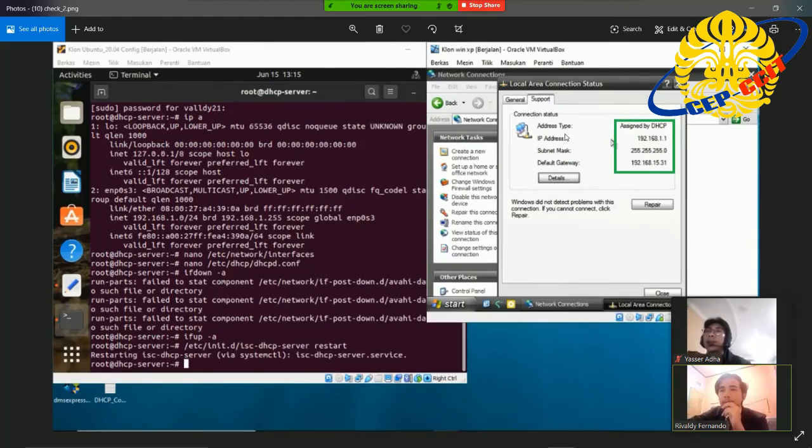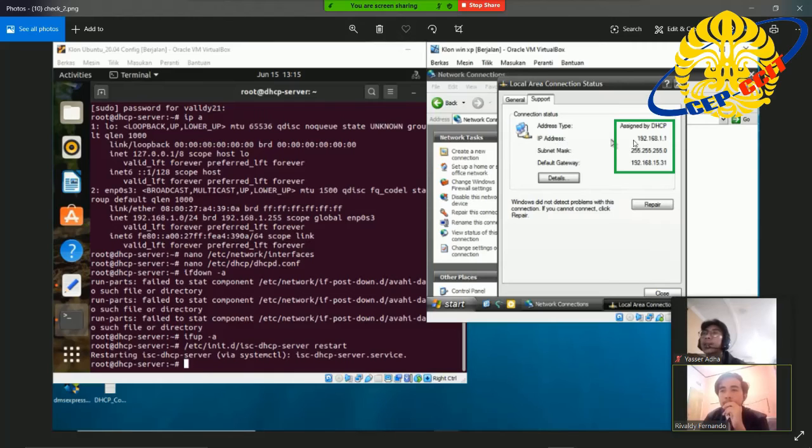And then here we can see the address type assigned by the DHCP, which means we are already connected to the server. And the second is to take a look at the IP address.